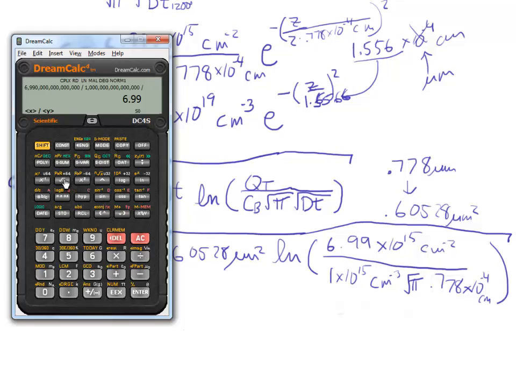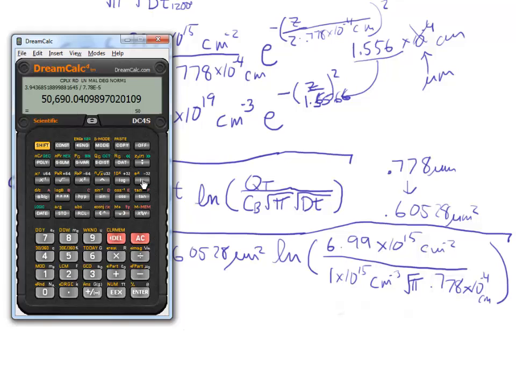Then dividing by the square root of pi. I'm going to hit enter and do a sub calculation, and then divide by 0.778 e to the minus 4. And that gives me about